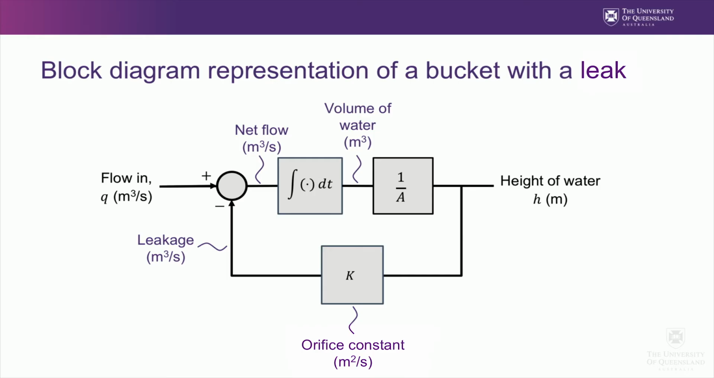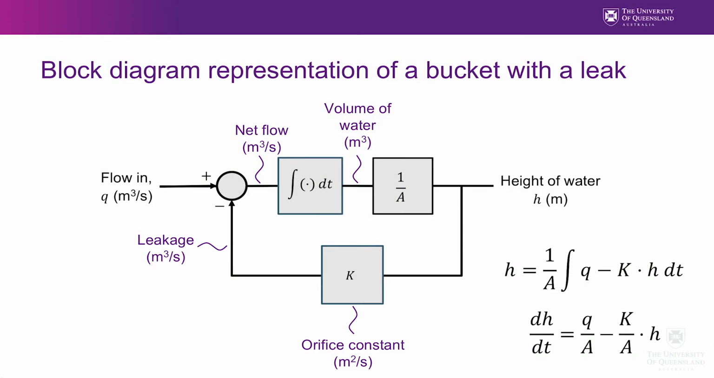Note a feedback loop has materialised in describing the system. Feedback often materialises out of the physics of systems. The mathematical equation governing this system can be determined directly from the block diagram. The time derivative of the height is the difference between the flow in and the flow out. If we put all terms involving the unknown or dependent variable h on the left,